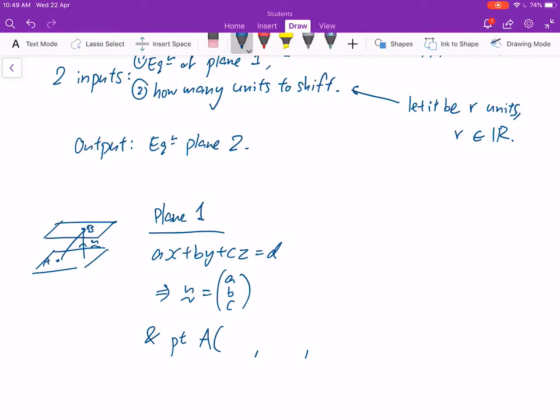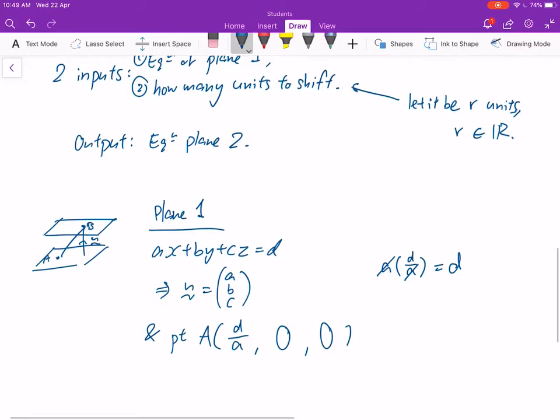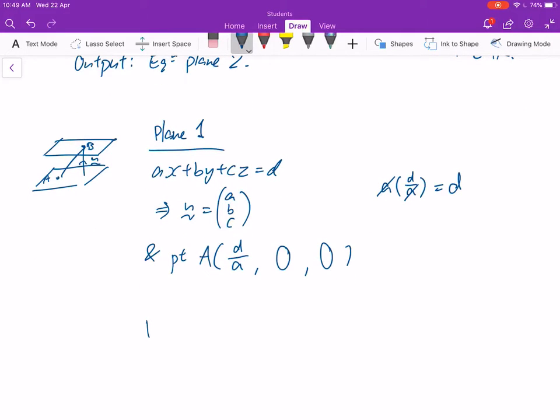Now we have to question ourselves, what would lie on plane 1? I know I can always put a 0, 0 here. So I need A times something equals to D. Well, I can just manipulate that out by creating happy cancellation, right? Okay, you can pause to take some time to understand. Okay, and then as for plane 2,